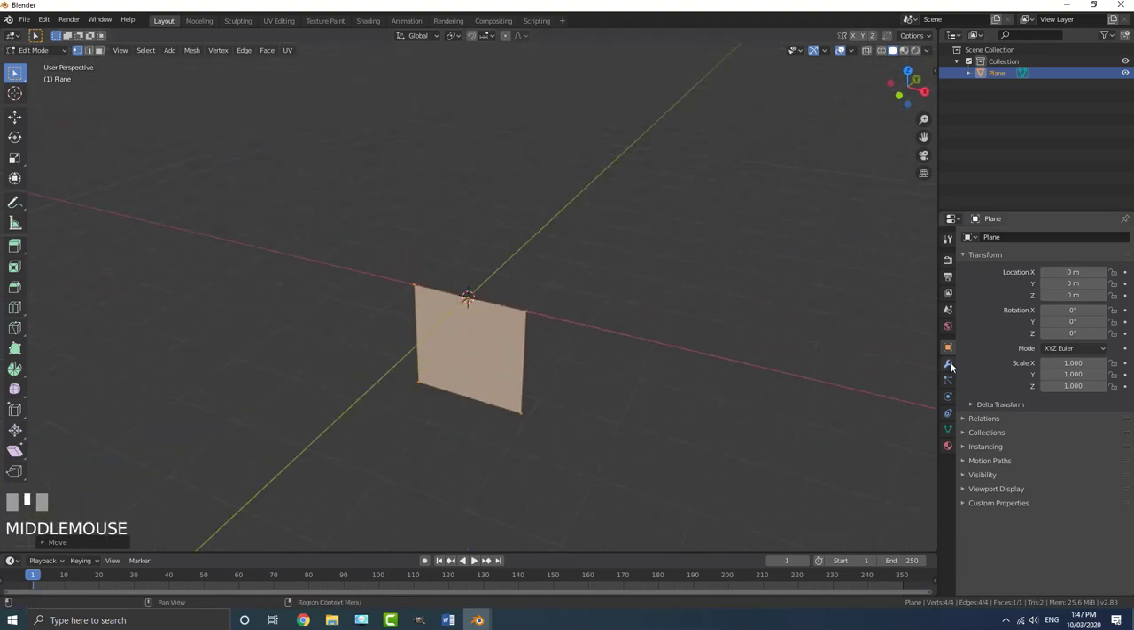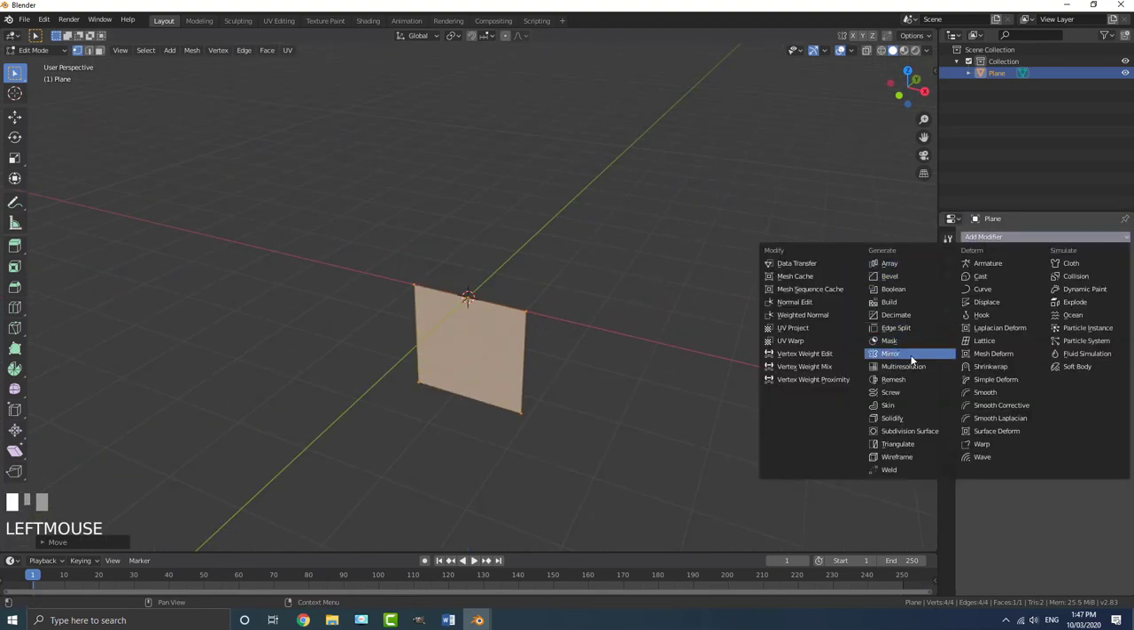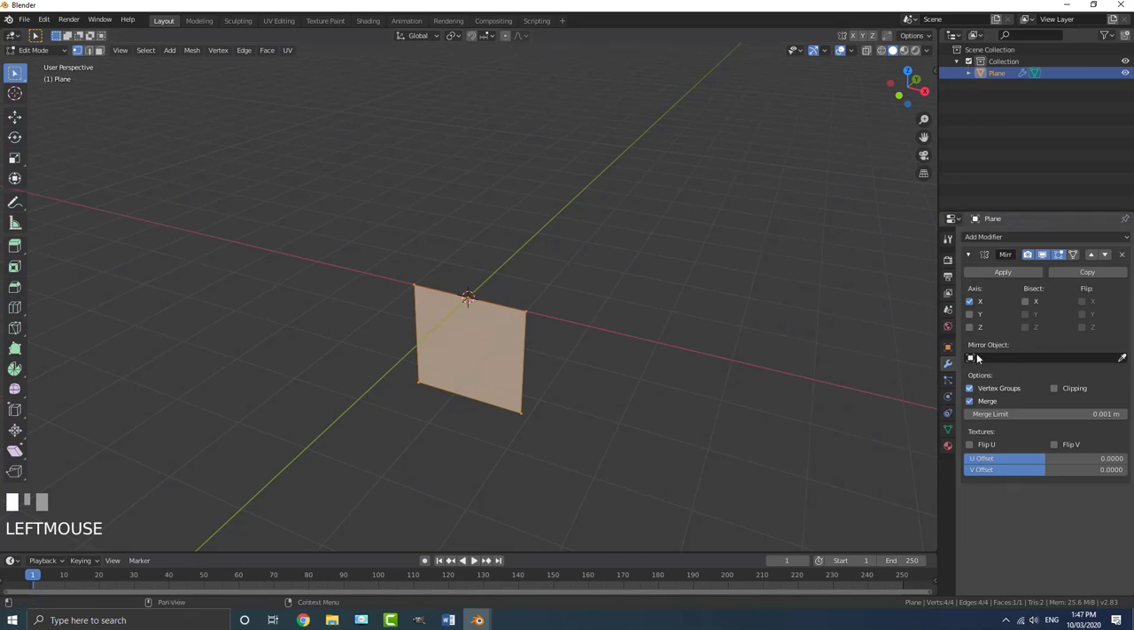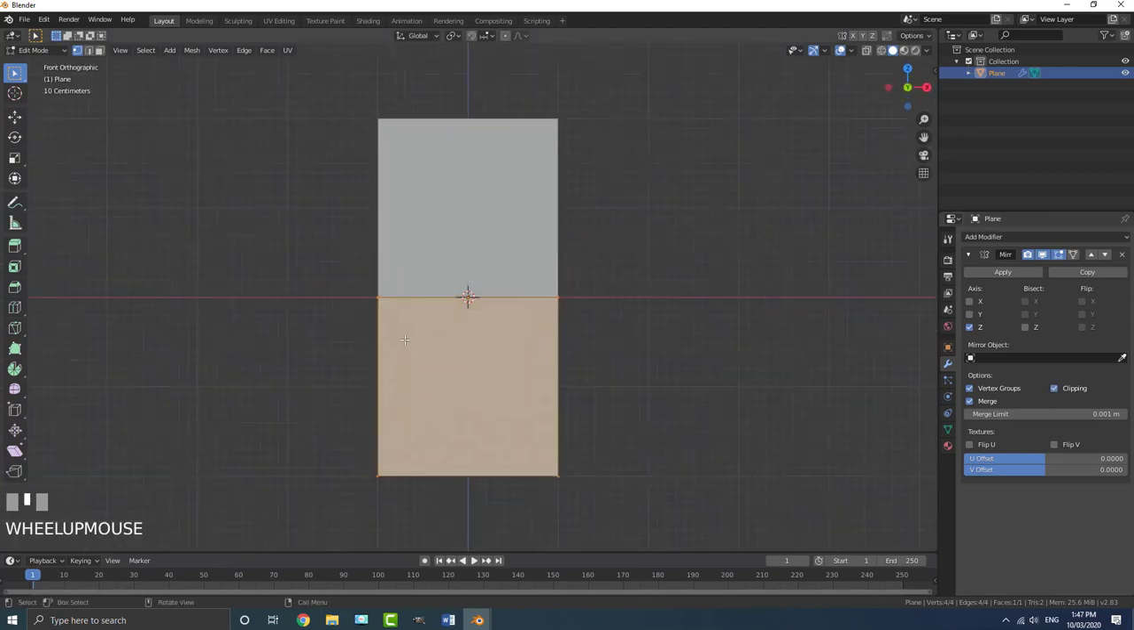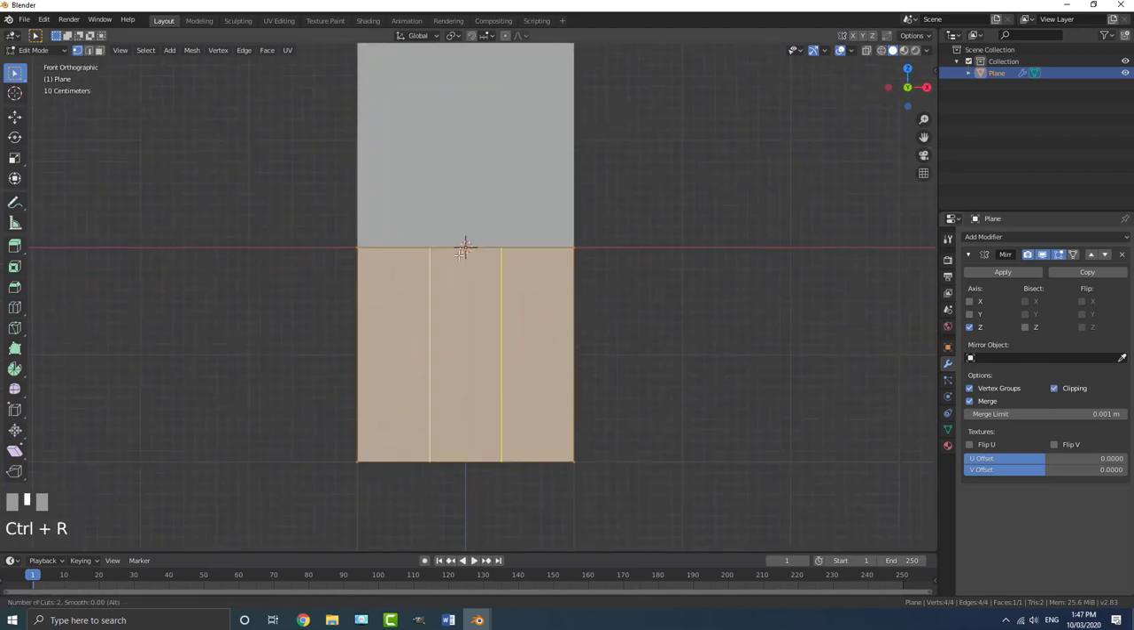We're going to come in here to our modifiers tab. We're going to add in a modifier, and let's add in a mirror modifier. Let's make it Z and disable the X and also enable clipping. Okay, so what we're going to do now is give it some loop cuts. We're going to go Control R, just roll in some loop cuts here with Control R. So roll your middle mouse button. I'm going to go with something like this